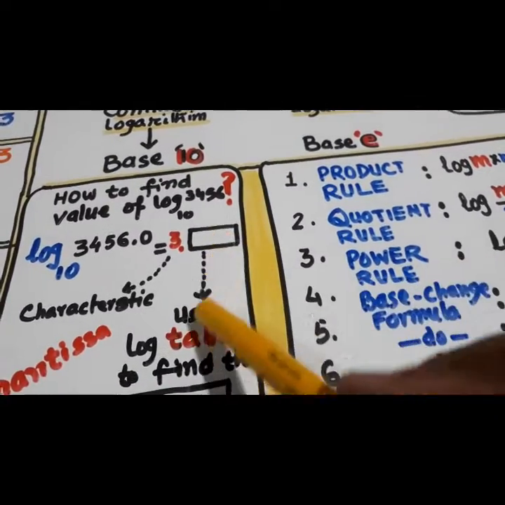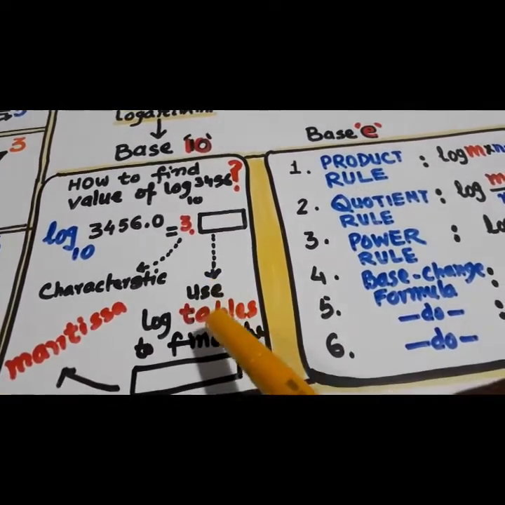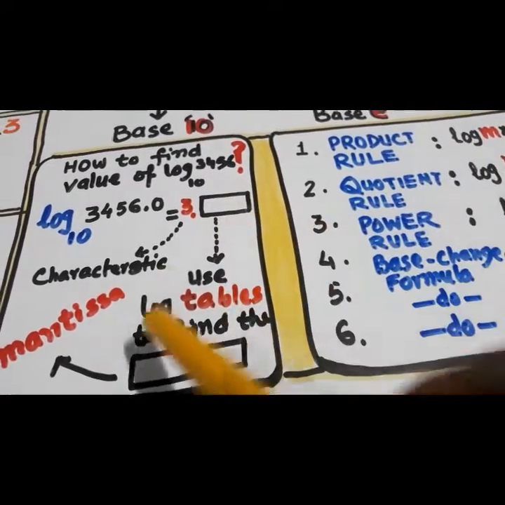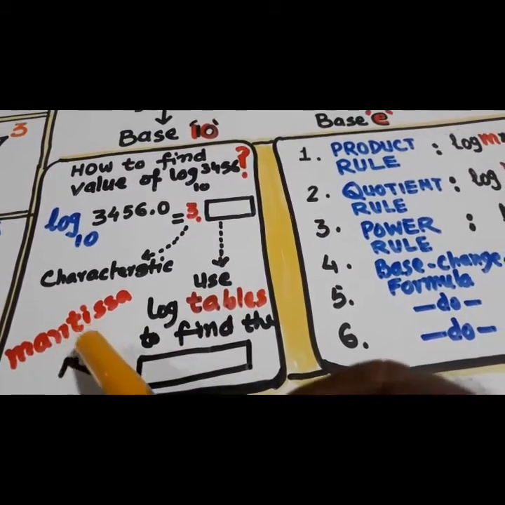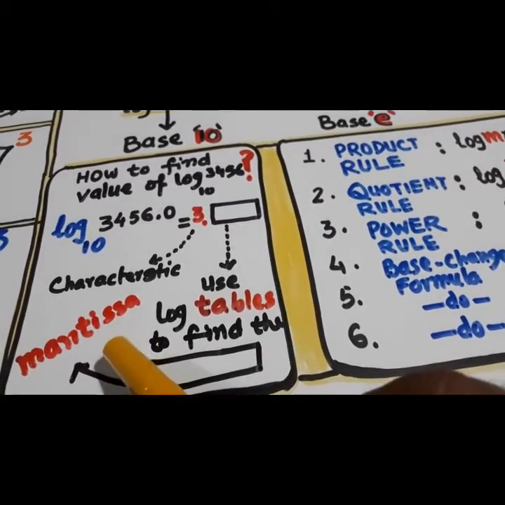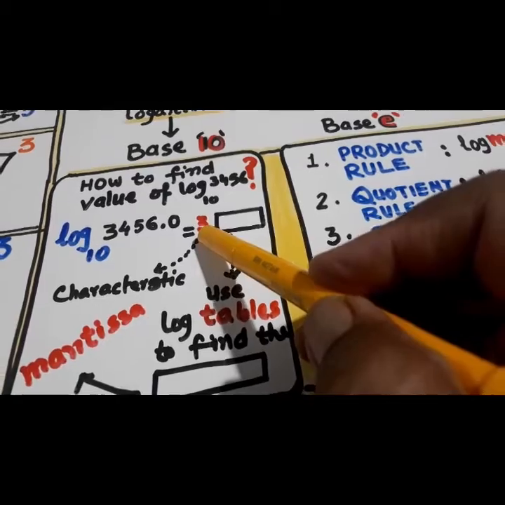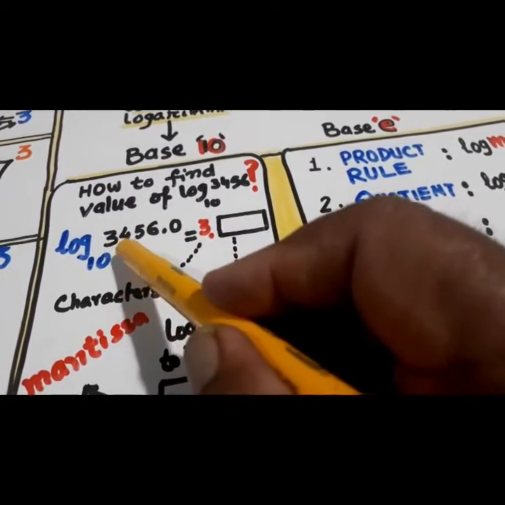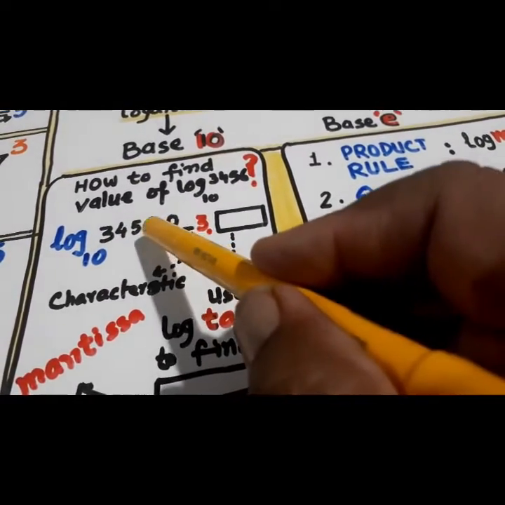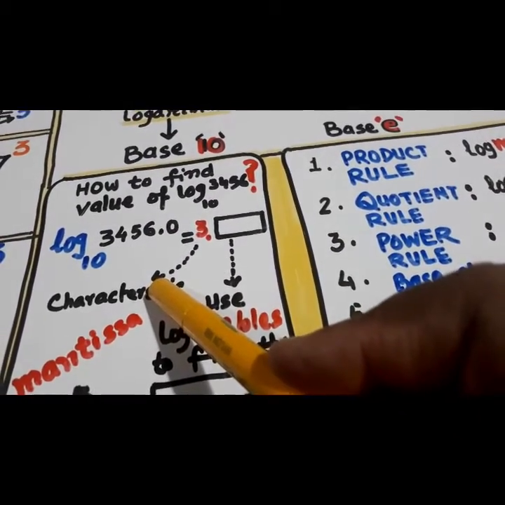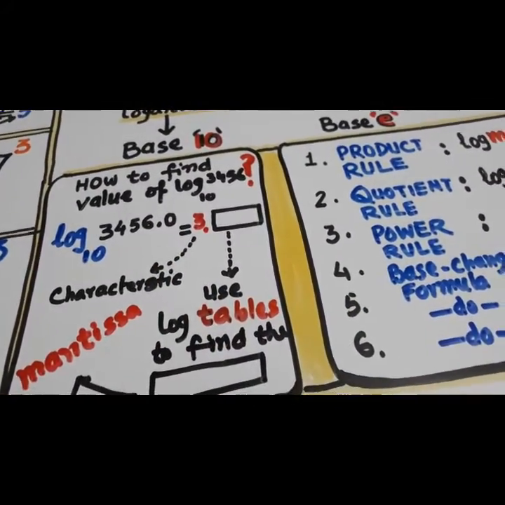And this is known as Mantissa. This box, whatever we fill up in the box, is called Mantissa. This will be found from the log tables. And 3 we have written from our own side after looking at how many digits there are. So there were 4 digits, we have written 3. This is called the characteristic. So this was about what log is.